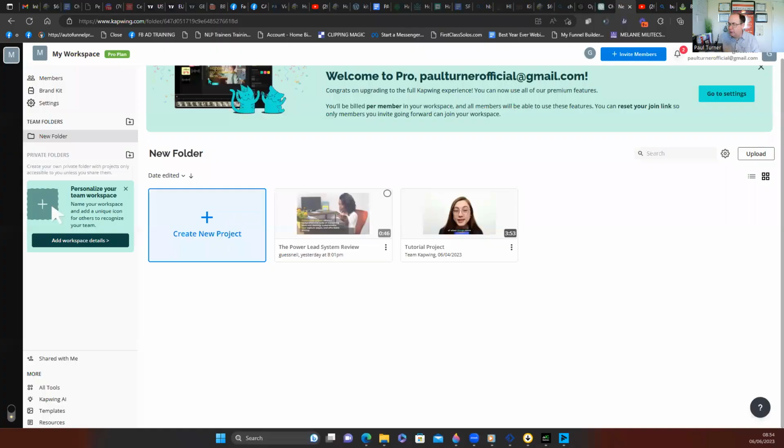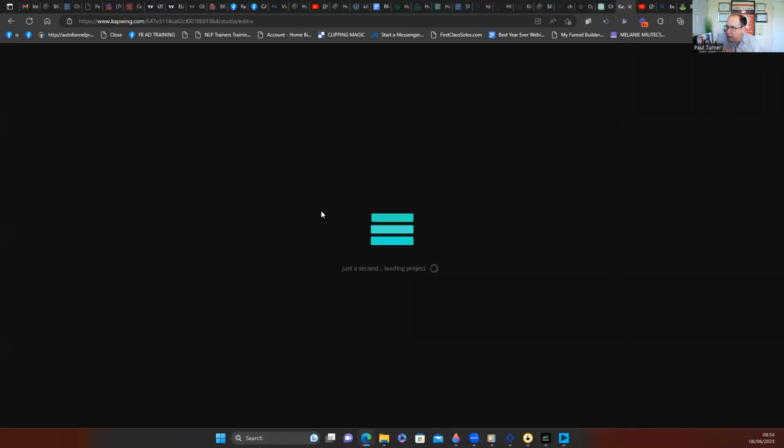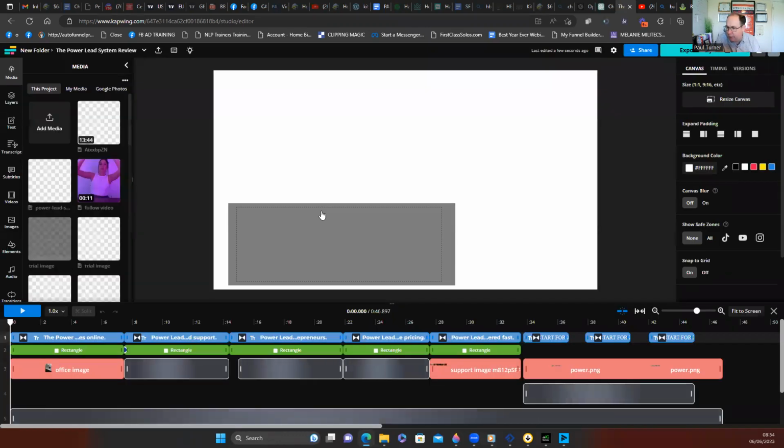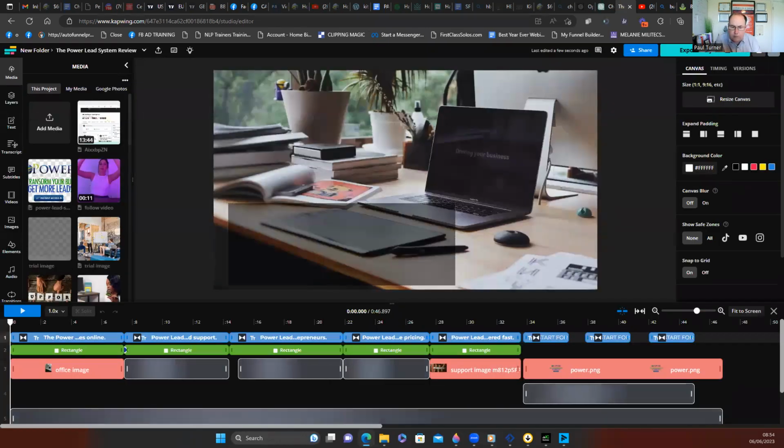It's really, really good. So at the minute, for example, one of the things I'm involved with is Power Lead System. So what you can do with Capwing is you can basically just put in a keyword or a phrase, or you can use your own script or whatever. But let me share screen again, but tick the box for sound. So you should be able to hear this now. It's only music, but you might as well get the full effect.